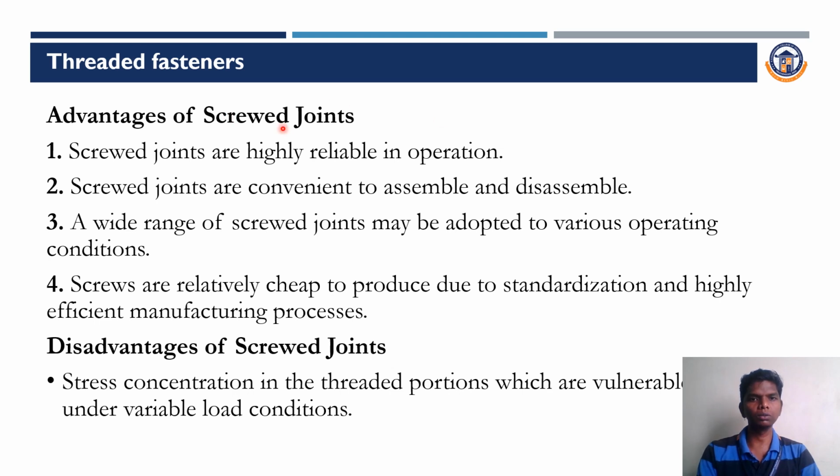Advantages of screw joints: the first advantage is screw joints are highly reliable in operation, and the second one is screwed joints are convenient to assemble and disassemble. Third, a wide range of screwed joints may be adapted to various operating conditions. And the fourth one is screws are relatively cheap to produce due to the standardization and highly efficient manufacturing process. So these are the four main advantages for